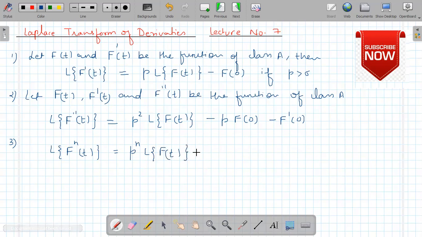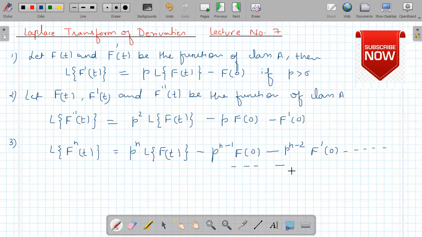You can guess what will be the next step. Of course, next step is p raised to the power n minus 1, then f at 0. Again, in the next step, the power of p will get decreased by 1, and we have f' at 0. And in the last, we will get,